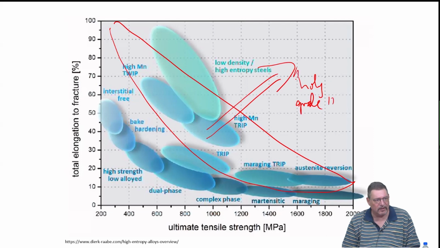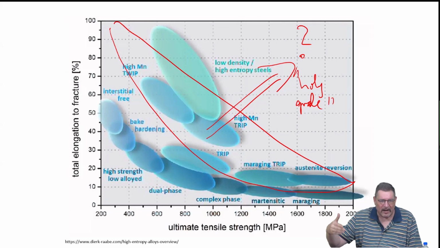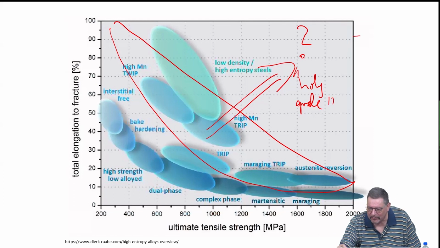And obviously, the Holy Grail is going in this direction, right? So you want to really expand into the region where high strength and high elongation to fracture is happening. And in some cases you can see that high entropy systems, for example, also steels with a high number of constituents, but high number of constituents at rather high molar fractions can do the trick. So I would call them, in parentheses, high entropy steels.